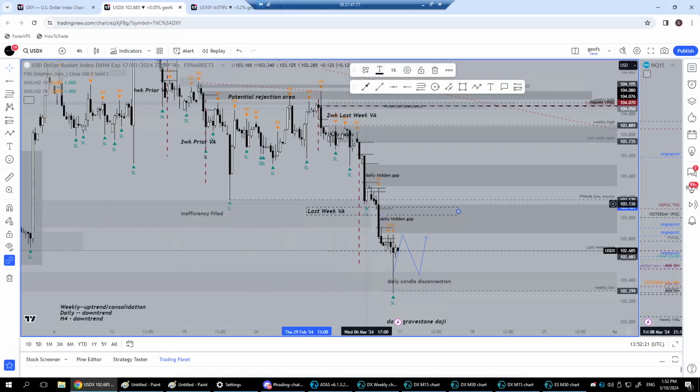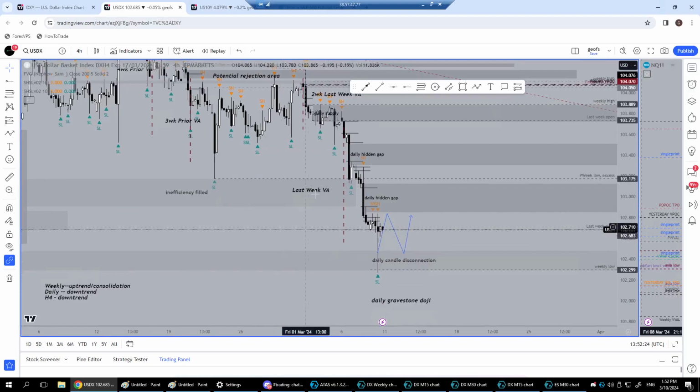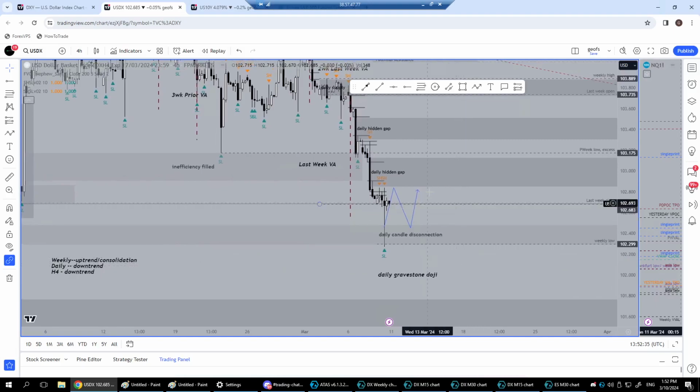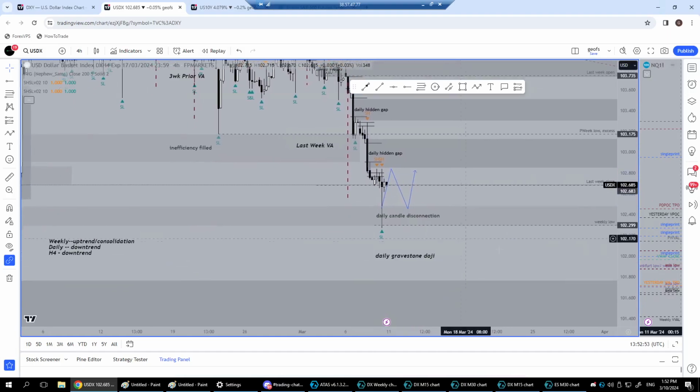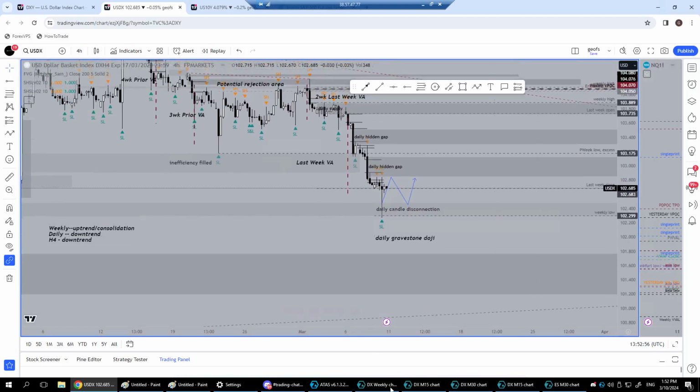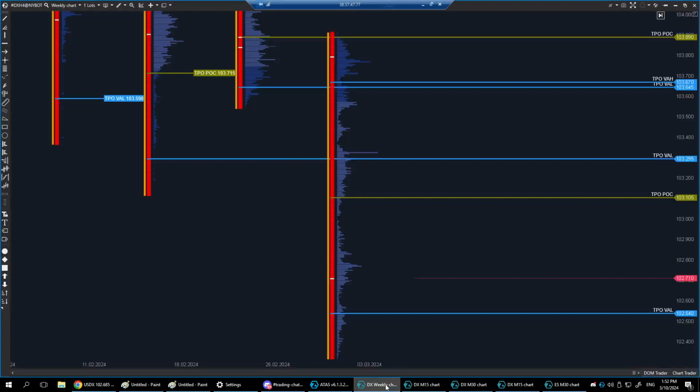Okay, still moving down. So, you know, although a reversal might be expected here, let's not make assumptions, because it could go further down. And CPI is gonna cause a lot of upset. I think what you'll see on Monday is some consolidation, and then CPI will do a kind of seek and destroy type move. You know, spike out both sides. So we should note the levels from the weekly profile on our chart.